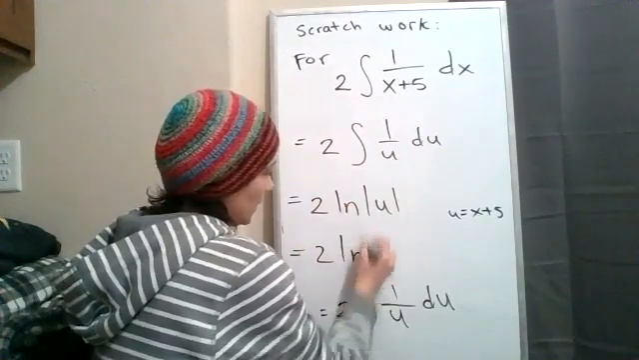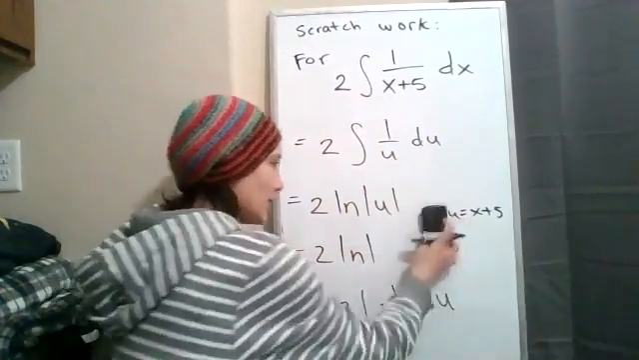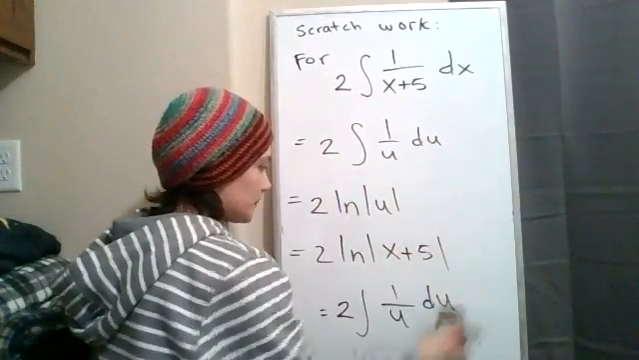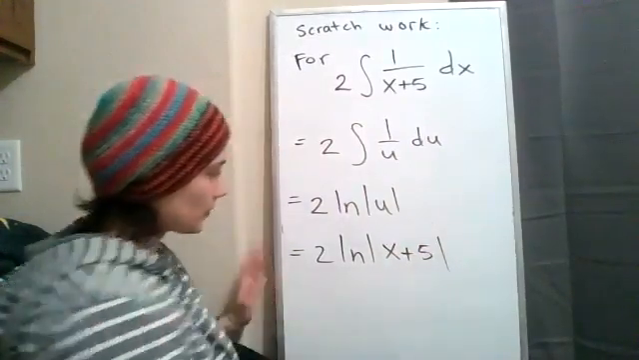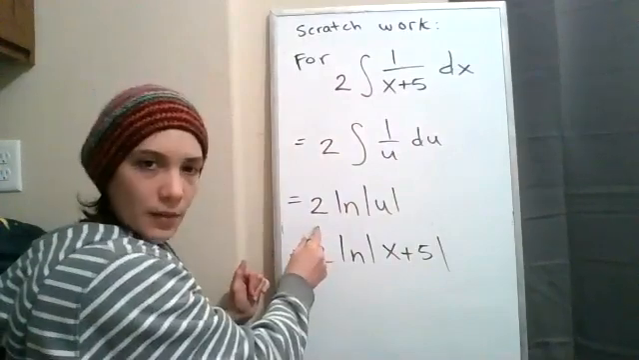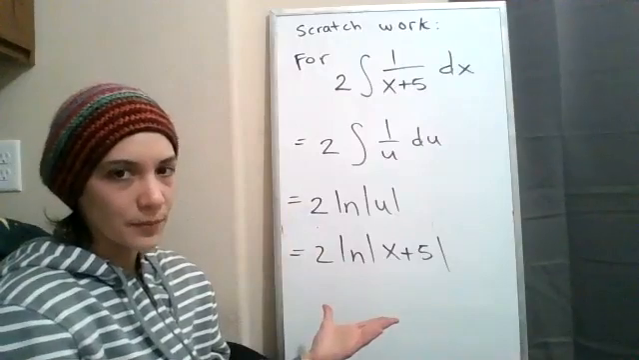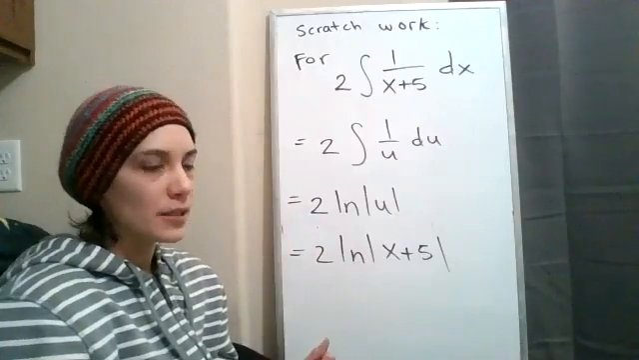To ln of x plus 5. Okay. That's part of the answer, actually. So remember, we're just doing scratch work right now. The other piece we need to talk about